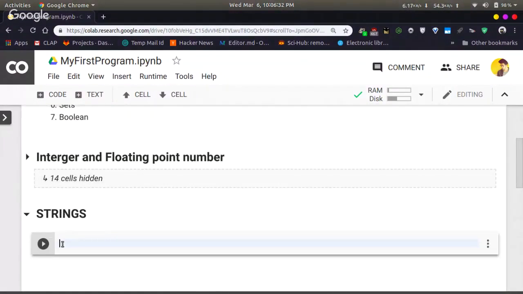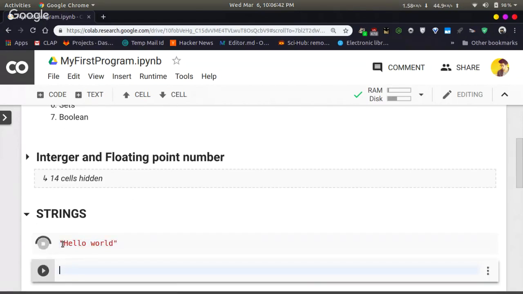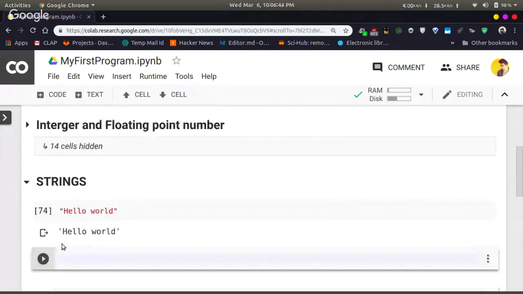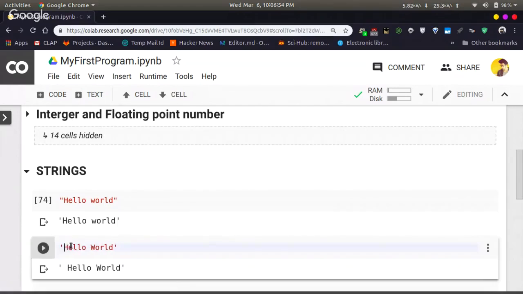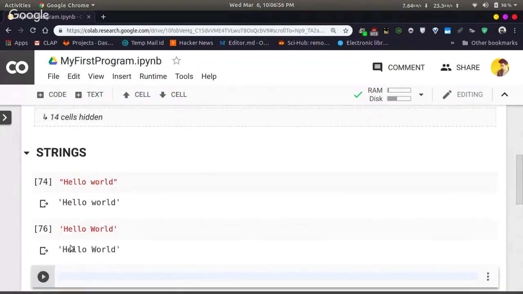As I have told you, anything that is enclosed in double quotes is called a string. "Hello world." This is a string. You can also type it inside single quotes, 'Hello world.'